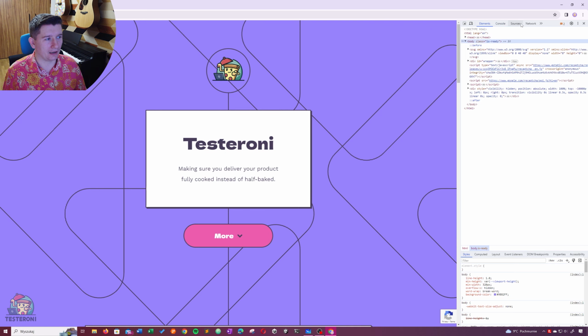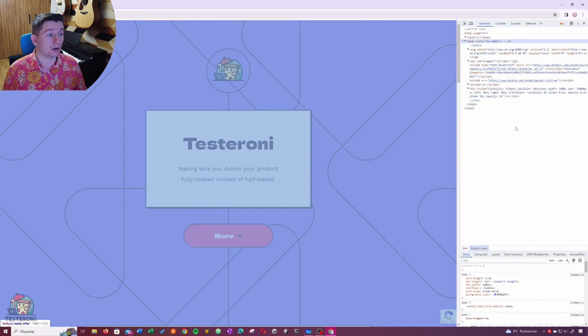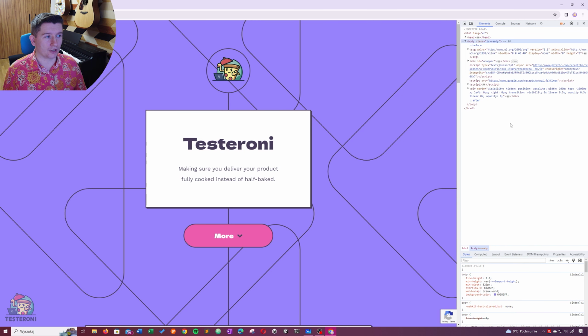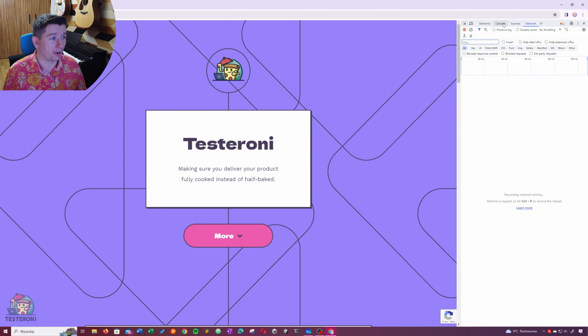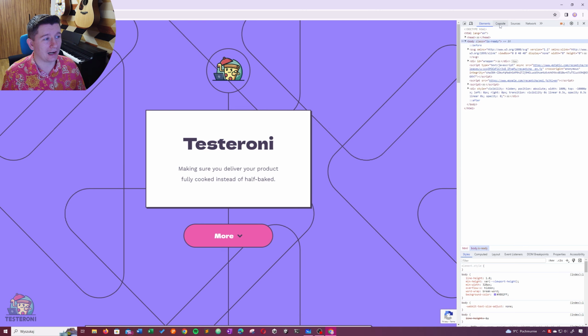It may have opened like elements or sources or networks. We are going to have a couple videos on the developer console because this is a very important tool in your toolkit as a test automation engineer. So you need to know this, and you need to know what the specific tabs do. But we are going to have a separate series about that. Today, since we are focusing on locators, we are going to be talking about locators mostly within the elements and